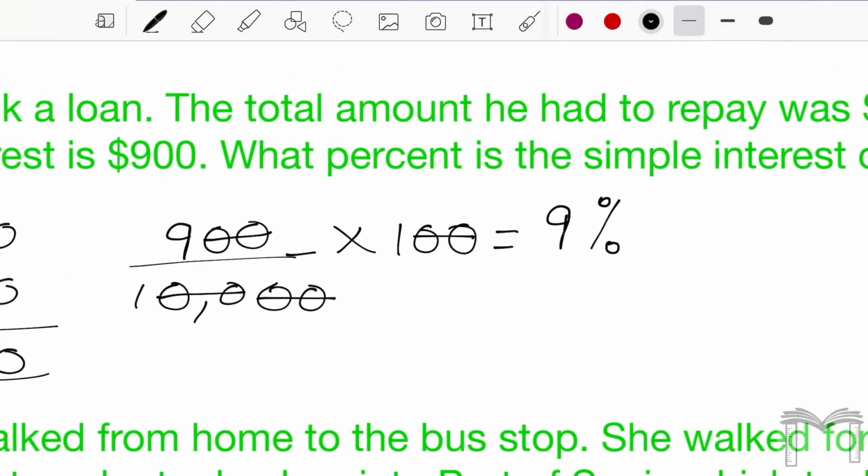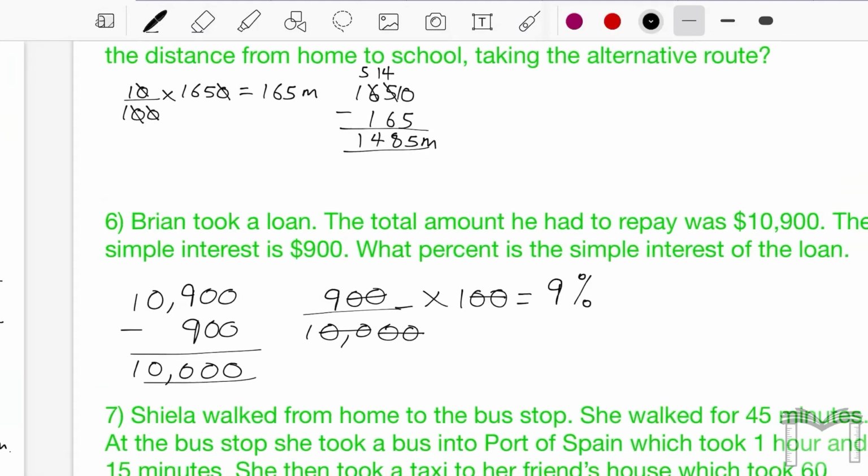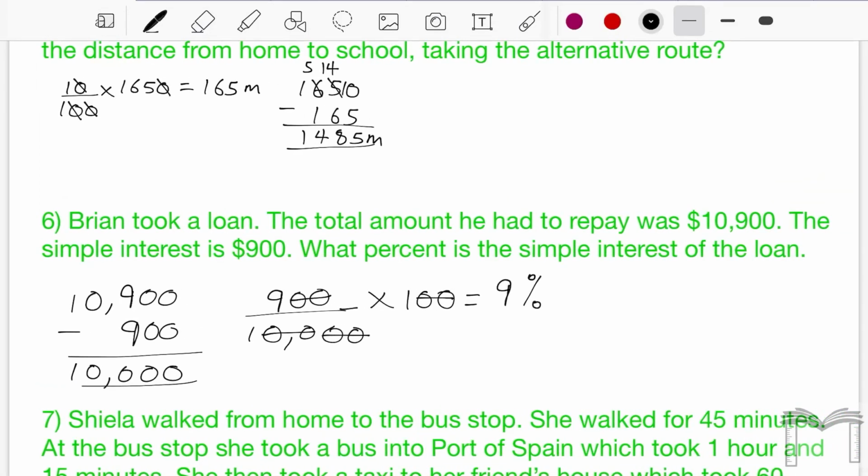So this isn't your typical simple interest question. So notice we are not using the formula for rate, which is simple interest times 100 over principal times time. We were not given the time. This is a simpler question where we are simply finding the simple interest as a percent of the loan. So simple interest over the loan multiplied by 100. Next,